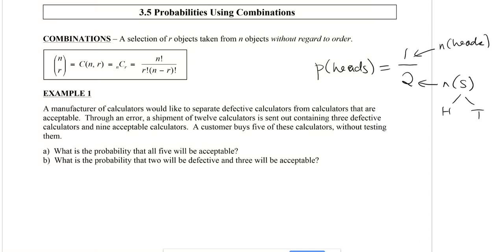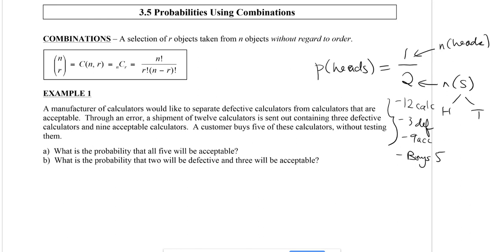Okay, so the first thing I'm going to do, because this is super wordy, is write it in point form for myself so that I know what is happening. So there's 12 calculators in this shipment. 3 are defective,